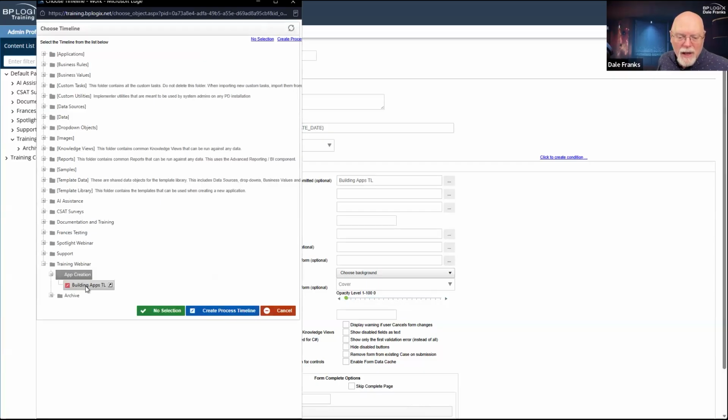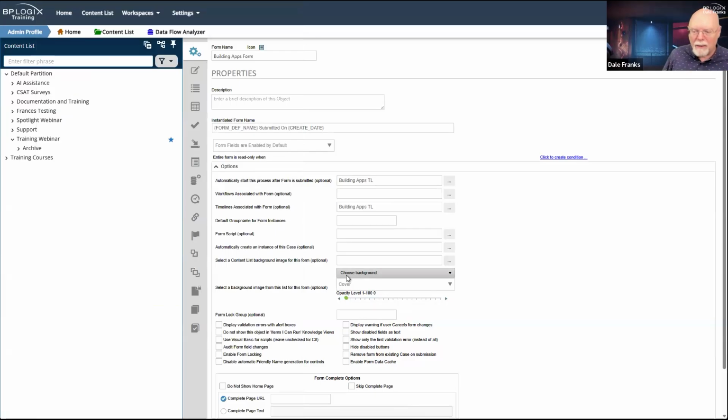This builds that association between the form and the building apps timeline, so that whenever I start creating conditions and I look for timeline-based conditions to build, it's automatically going to look at the building apps timeline to ensure that this is the timeline that gets used whenever I create a condition. So again, this is going to make my life easier. So you do at least need to set those two properties for your form.